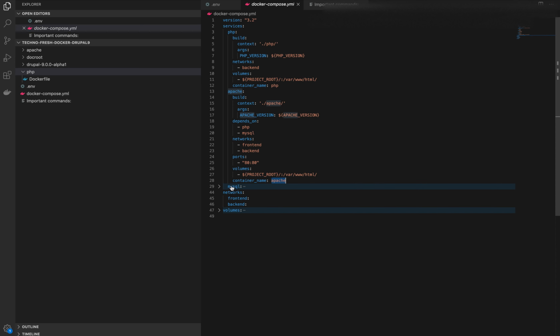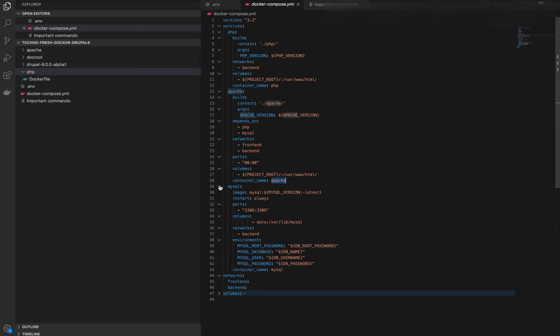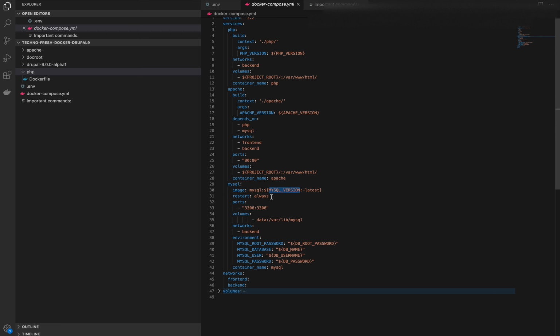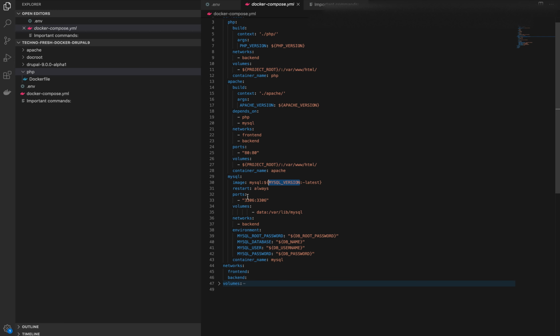The next service is MySQL. I'm using the MySQL image with a version, tagged with latest and the version number. This is also a variable I have predefined. I have given the restart: always command, meaning it always restarts. The port number is 3306, the default port.